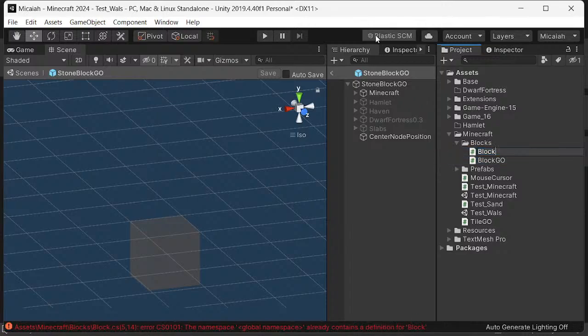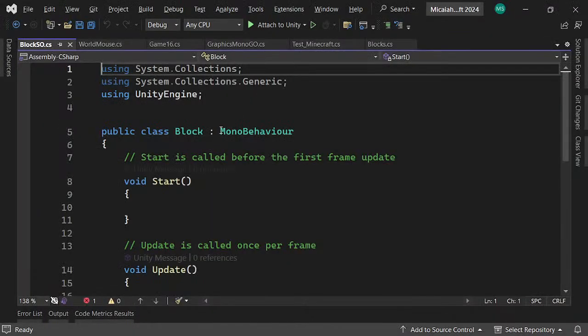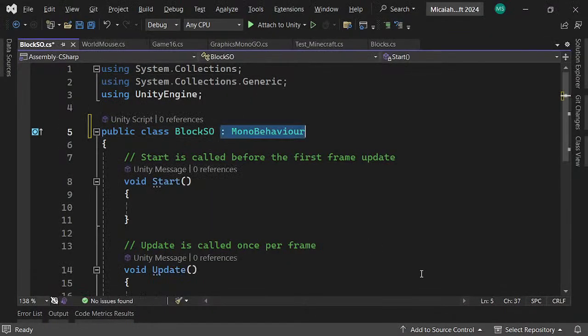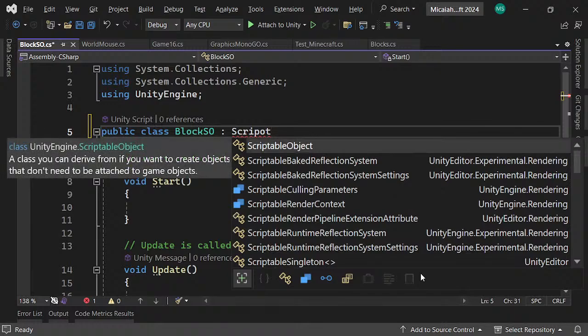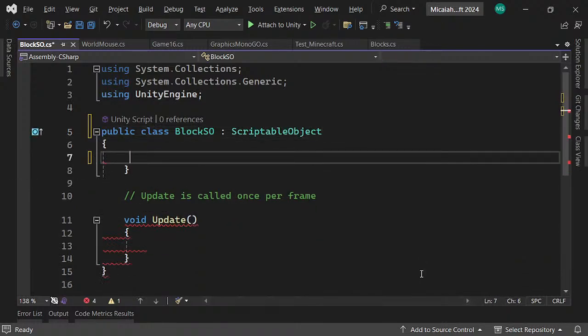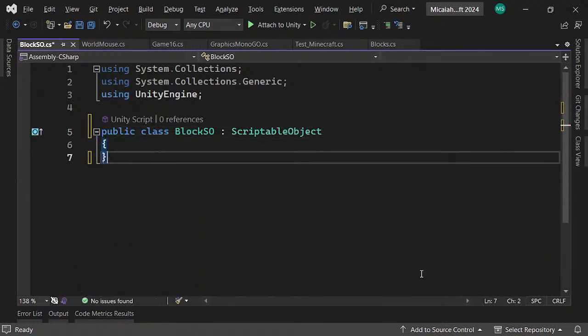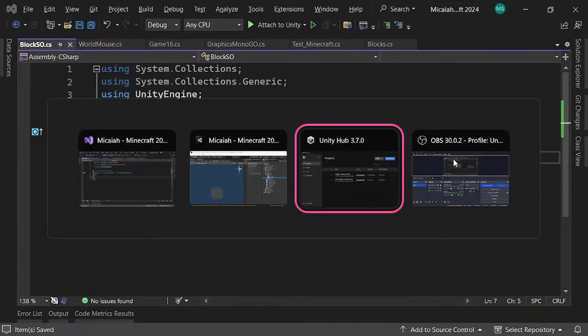I think I should call it block SO. I guess we'll call it block SO. It's the question of whether we're going to do a scriptable object for every block. And the answer is no, we're not going to, but we also need the